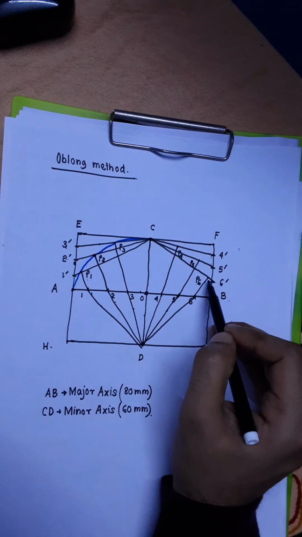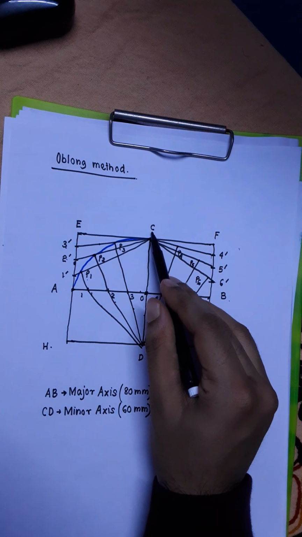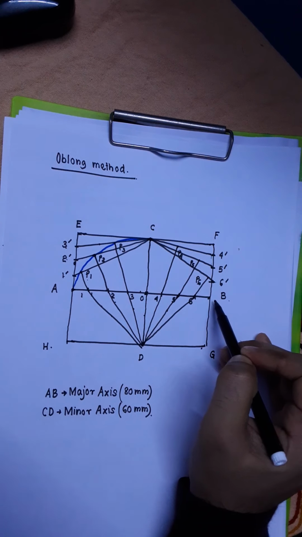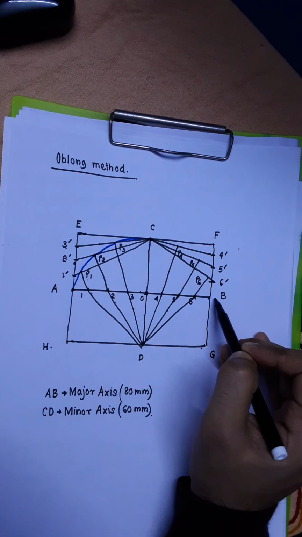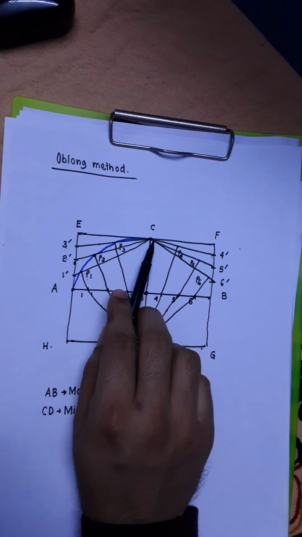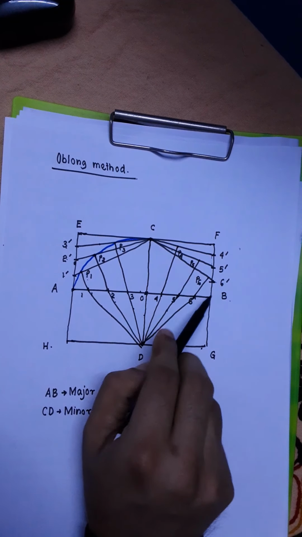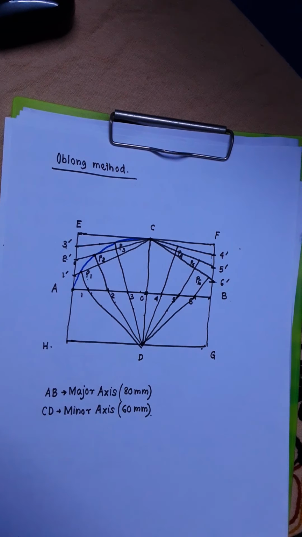So you see you have obtained 3 more points which are going to lie on the ellipse, P4, P5 and P6. C is a point which is going to lie on the ellipse, being one of the ends of the minor axis, and B is also going to lie on the ellipse, being one of the 2 ends of the major axis. So you have got 5 points which you can join to get another 1/4 of the ellipse, and these 5 points are C, P4, P5, P6 and B.